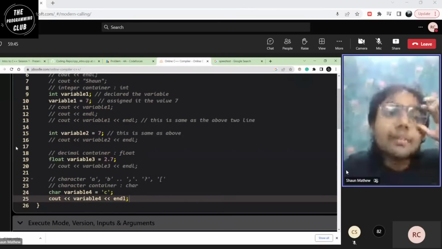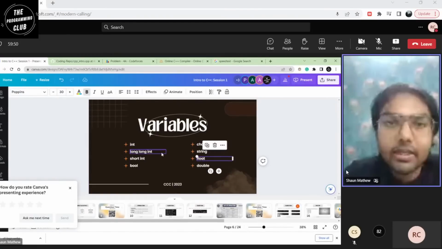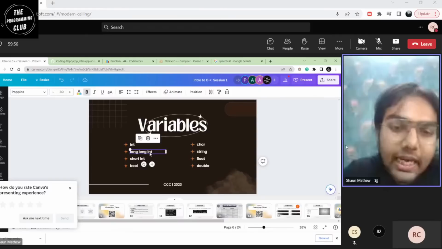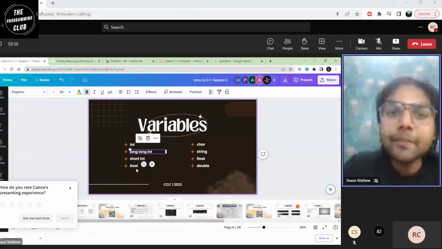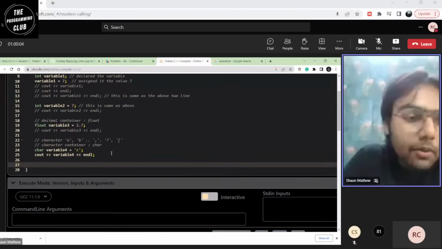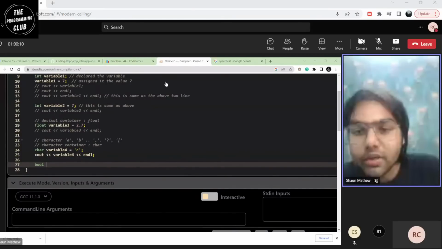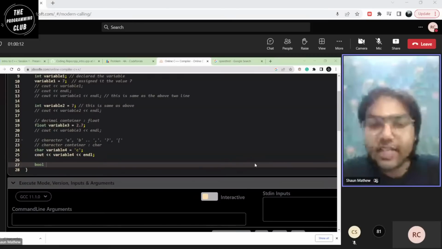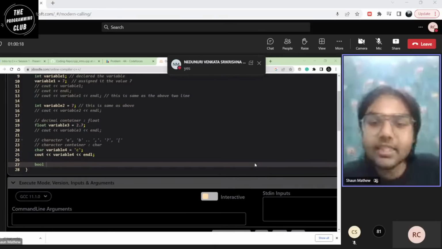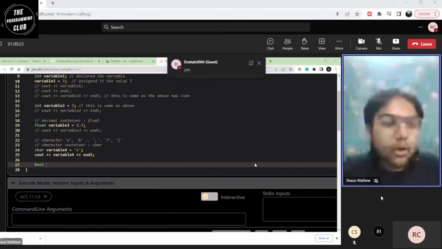So these are the main variables which I had to introduce: int, char, float, double, long, and short. We'll come to it soon. I'll introduce it as time comes. But one interesting thing you should know is bool. How many of you are aware of the term boolean? Have you heard the word boolean? Something like yes or no. Everyone knows what boolean is. That is awesome. That gives me some confidence on teaching.